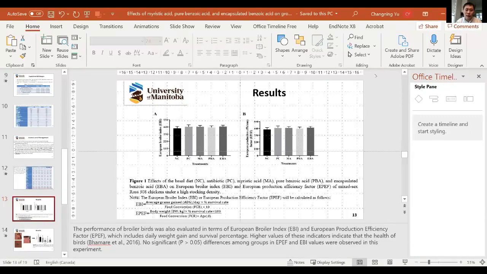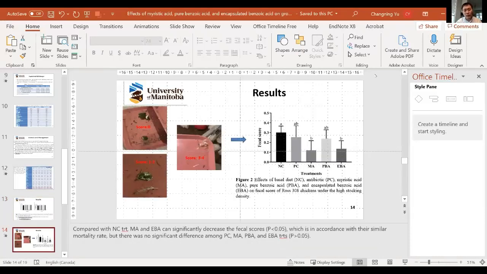Even from our result, the feed additive growth is higher than ACP treatment, but there was no significant difference in those treatments. Next is my result in the fecal score. We can see from the left figures the score 0, score 1, 2, score 3 to 4, weekly 2 times. From the result, compared with the NC treatment, the MA and the EBA can significantly decrease the fecal scores, which is in accordance with their similar mortality rate, but there was no significant difference among PC, MA, PBA, and